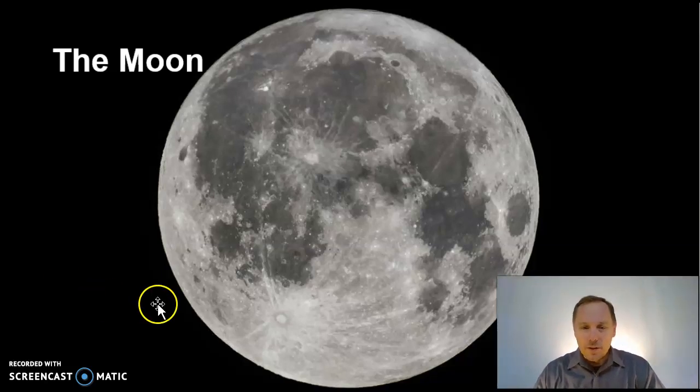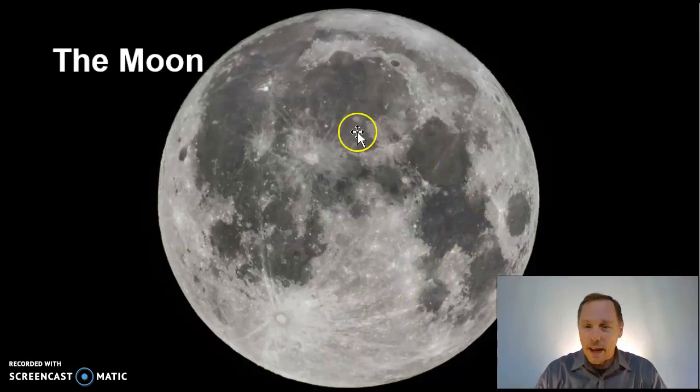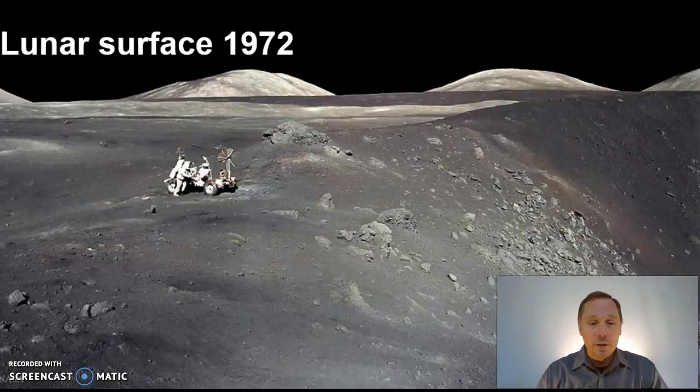The moon, you can see the light colored lunar highlands. You can see the dark colored volcanic maria of the moon. Here's some stuff that is interesting. Here you can see